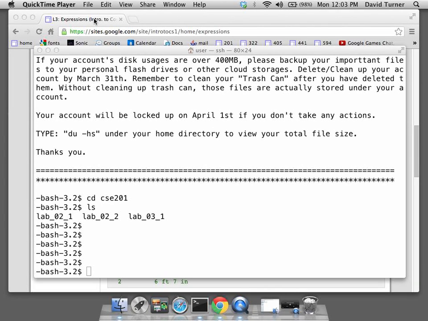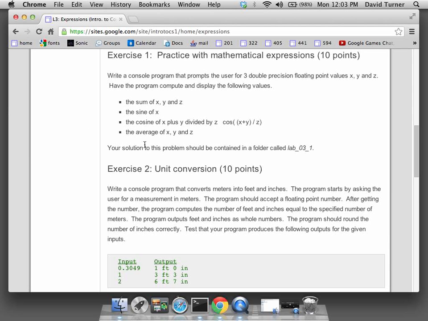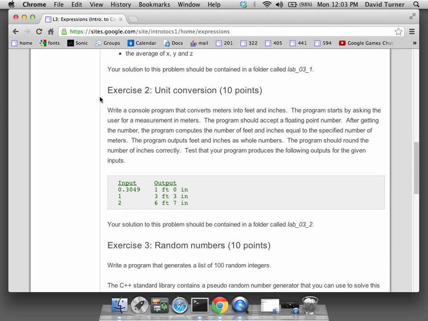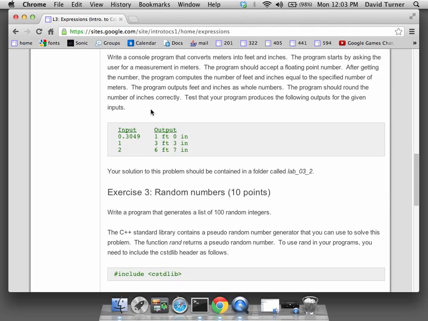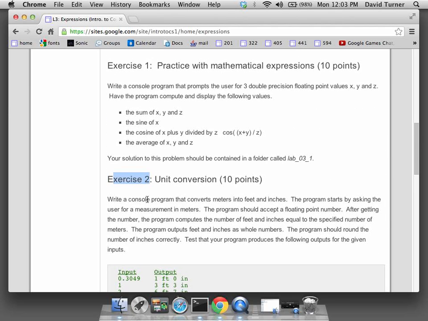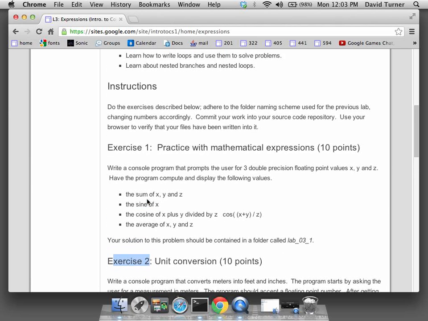So today, I'm just going to continue with the Lab 3 that we started looking at last time. And in our last lecture class together, we looked at exercise 1, and today I'm going to talk about exercise 2 and exercise 3 as well, and we'll see what else we can do in addition to that. Before I jump into that, however, I want to